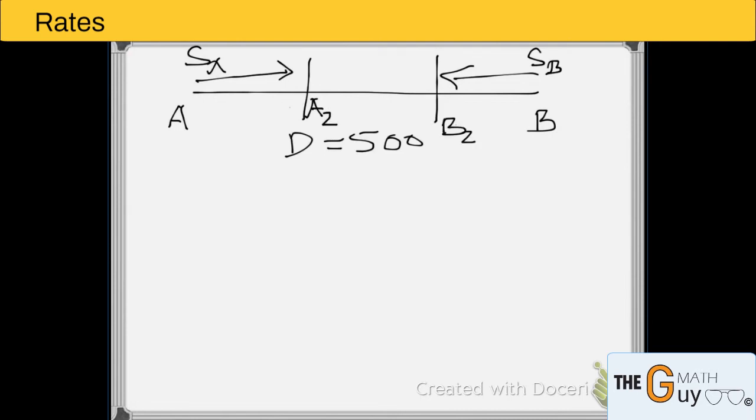Then they say that A stops, but B continues to travel at its own original speed. And then they say that B reaches where A is after 3 hours. Alright, so 3 hours. Now this is a kind of a complicated problem, but what happens is that when you sketch, you